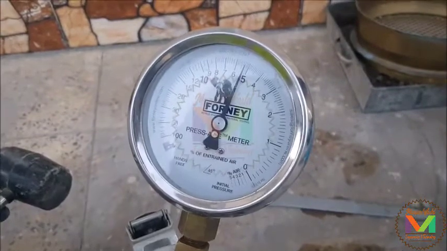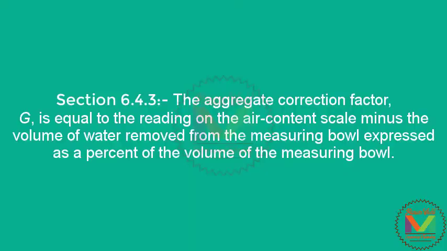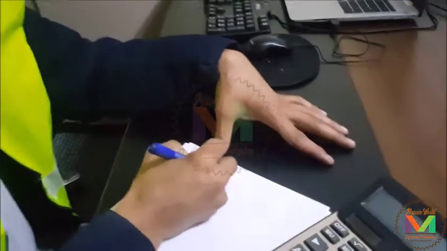It's 5.3. As per section 6.4.3, the aggregate correction factor GA is equal to the reading on air content scale minus the volume of water removed from the measuring bowl, expressed as a percentage of the volume of the measuring bowl. That was 350 milliliters, and reversely by calculating we have got 350